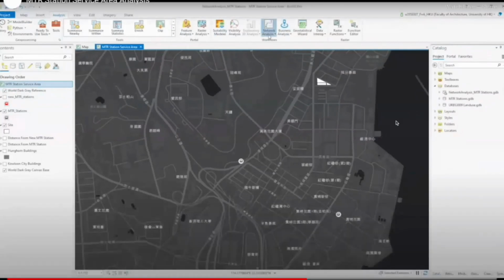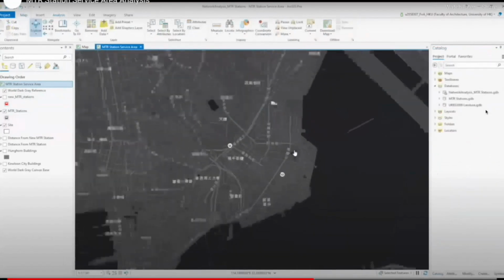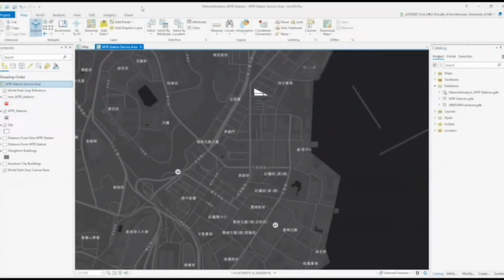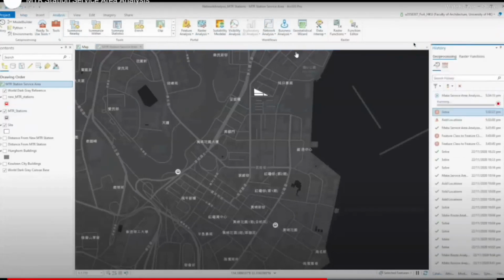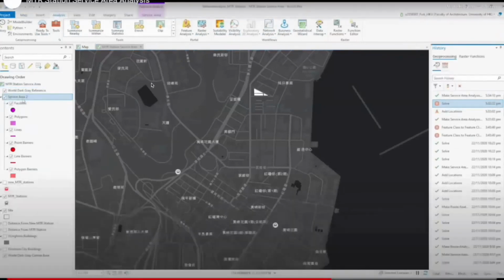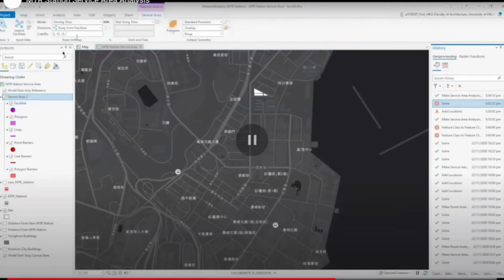So next, moving on, after you have created all 4 of these points, what you are going to do is your analysis. You could go to analysis on the toolbar, click onto network analysis and select a surface area analysis, and that's how you will have the rows on your left under the contents.